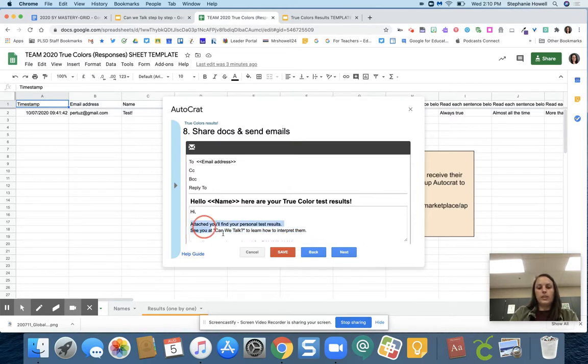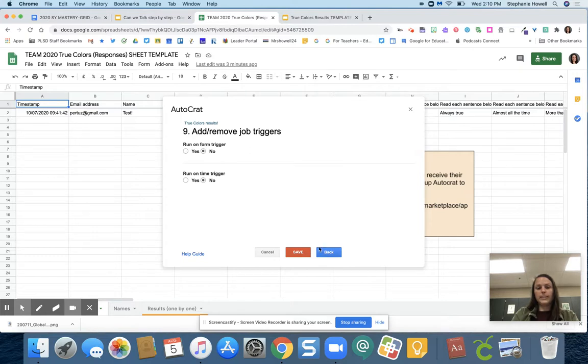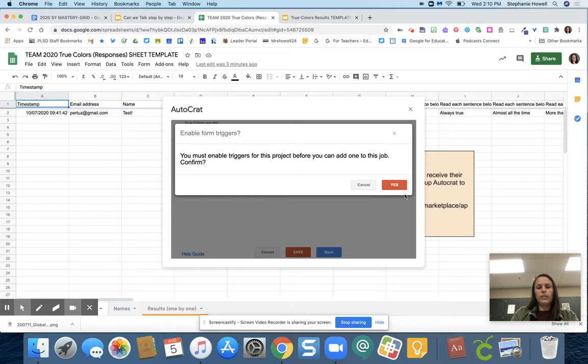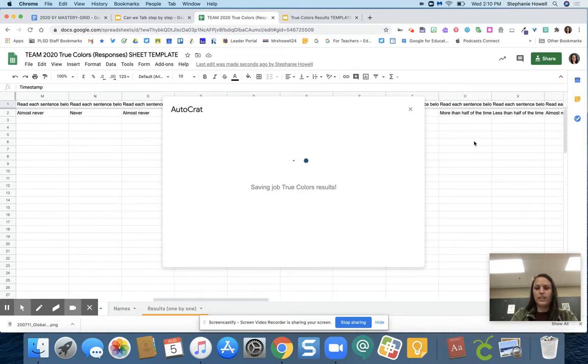And so here in this email, you will need to edit it. Okay, once you're done, you're going to hit next. You're going to run on a trigger. So that means anytime the students fill this out, they will get an email. And it's going to update. And so Luis is going to get a nice email from me right when I hit save. So now that I hit save over here,